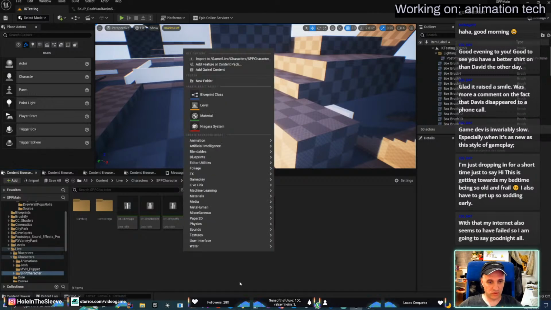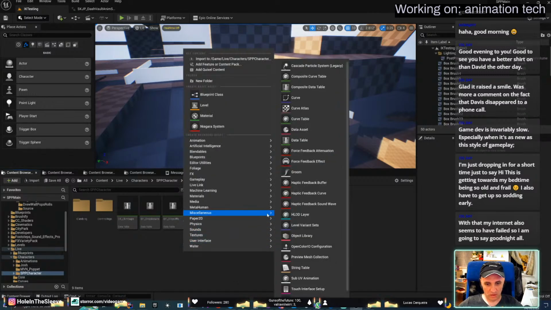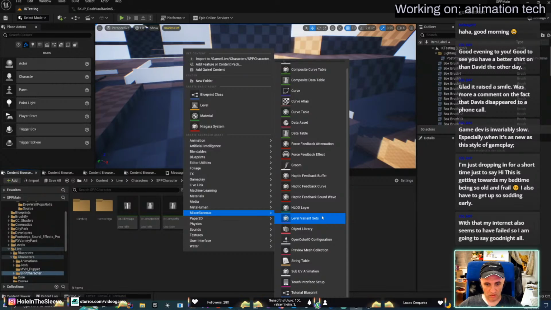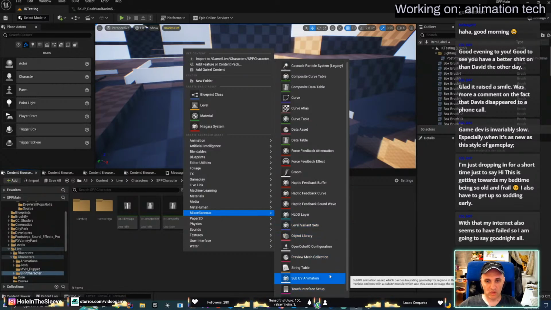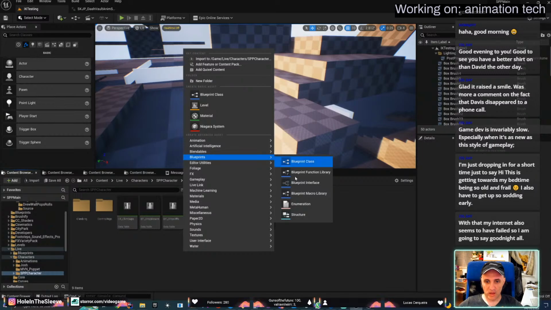Several structure now. What is the raw structure? Structure? This one.